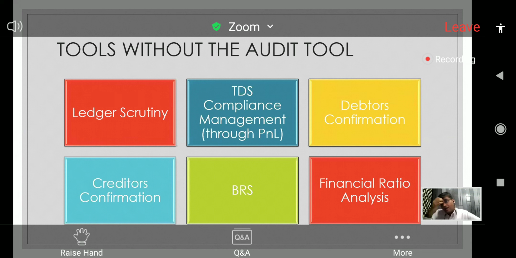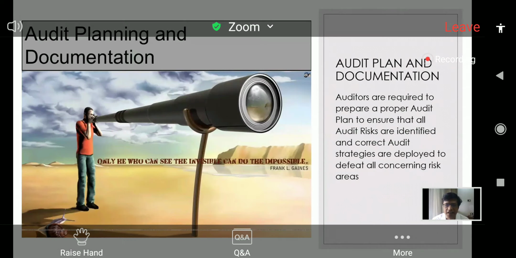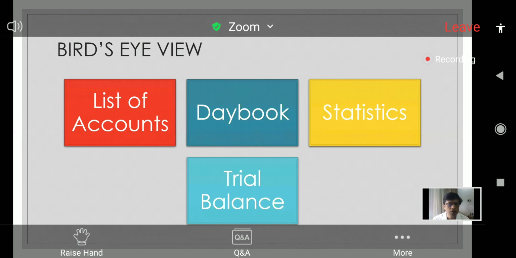I'm sure, Puneet bhai, you will have a lot of live things also which you can share, which we can do without using the Tally audit feature. Yes, we have listed out a few of the things that we should be doing before we start the audit. As you rightly said, without using the tool, what are the working areas that we can think of?